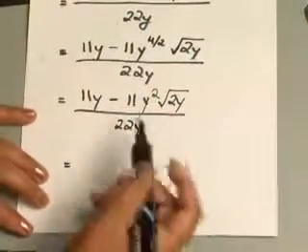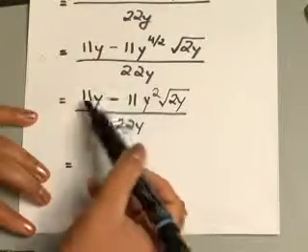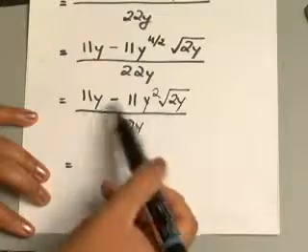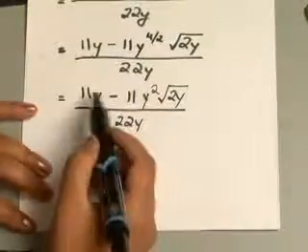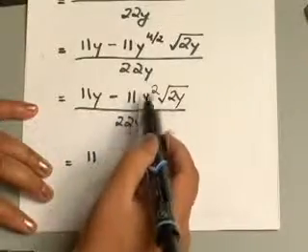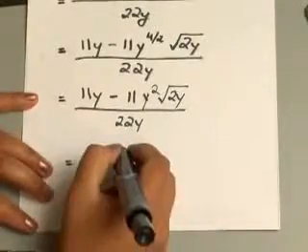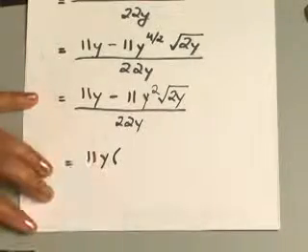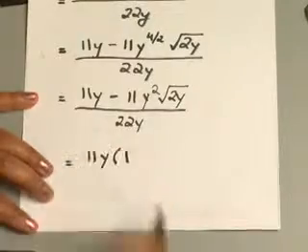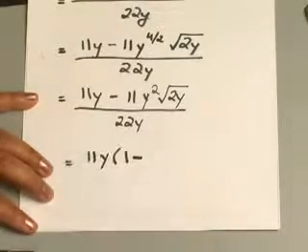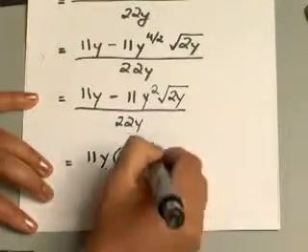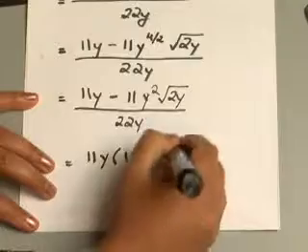over 22y. Now just like we did in the first example, find common factors between your whole number parts, and in this case between your variables, and pull them outside. So of course 11 is common between the numbers. You have y and y squared, so you can pull one y outside as your greatest common factor. Now since we took this whole term 11y outside, you replace it with the 1 as a placeholder. Okay, again, this 11 is gone outside, one of the y's is outside, so you're left with just one y and the radical term,